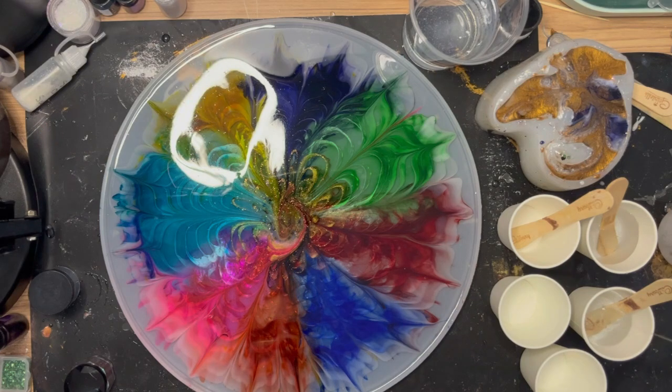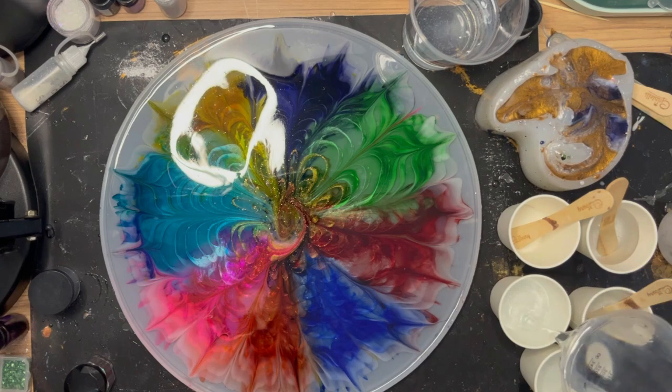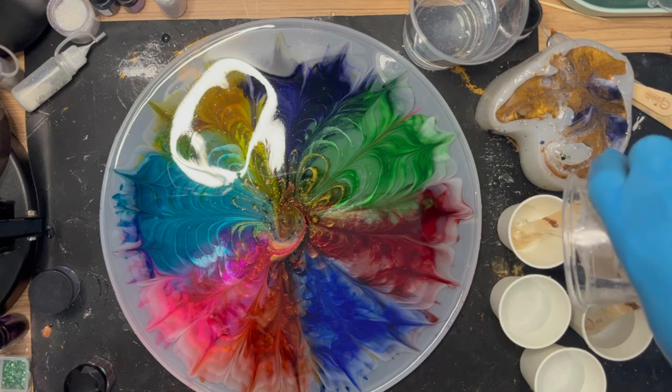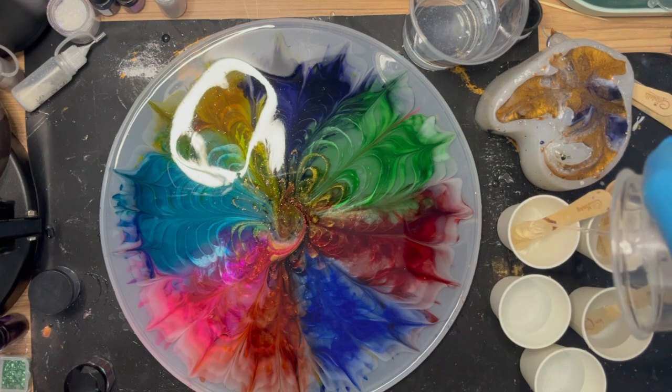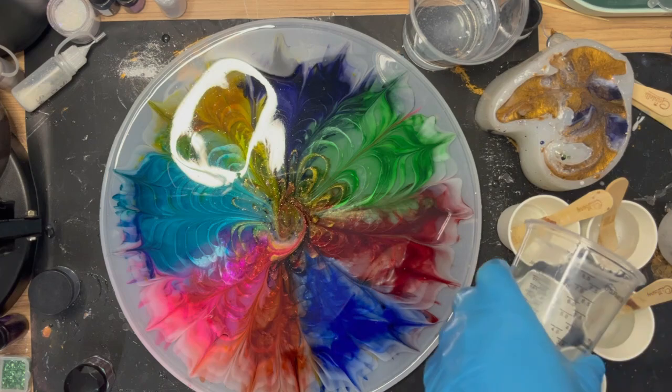It's gone through the bubble removal machine for about 5 minutes. And as I say, I'm just pouring it into these separate pots to get my different colours. And hopefully I can get it about even. If not, I am still going to put a bit of gold in this, I think, and that will be the colour which I use the least, because I don't want it to overtake the whole piece